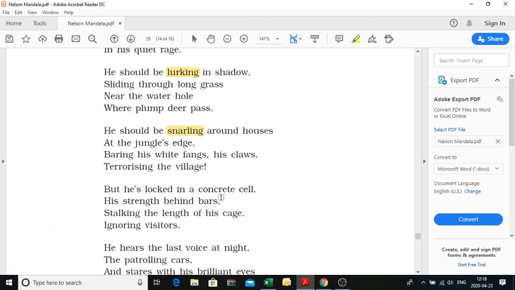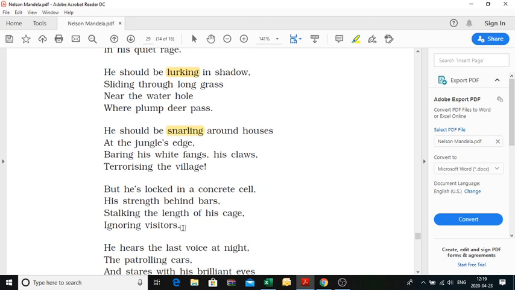But he's locked in a concrete cell. Concrete cell is what? That is made up of concrete. Concrete, सीमेंट से जो बना हुआ है, ठीक है, that is made up of concrete cell. His strength behind bars. His power is behind the bars now, stalking the length of his cage,